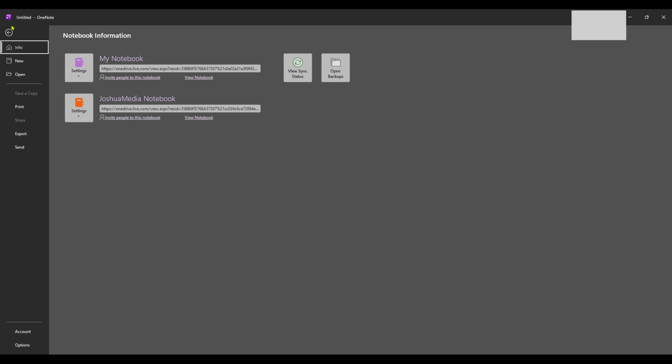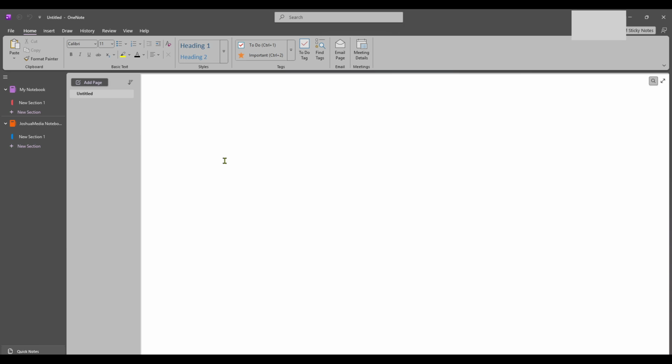Once you've got OneNote open, navigate your way to My Notebooks. This option is generally located in a sidebar, and clicking it will bring up a list of your existing notebooks, giving you the opportunity to manage them, or, as we're about to do, create a new one. If you're prompted to sign in, make sure you're using your Microsoft account credentials for seamless access to all connected services like OneDrive. Now, let's move on to the next step.